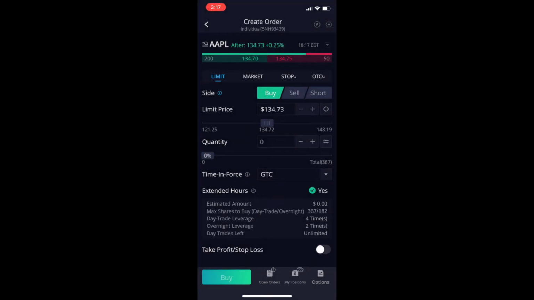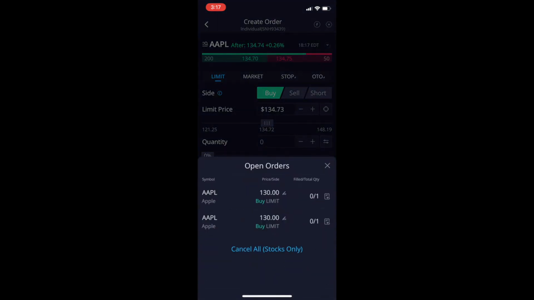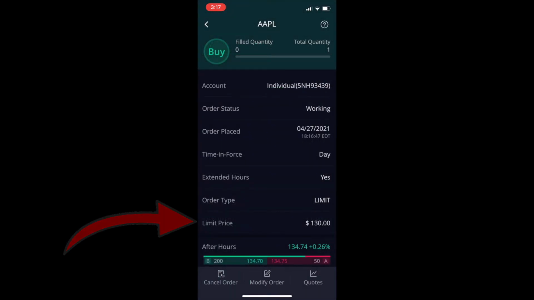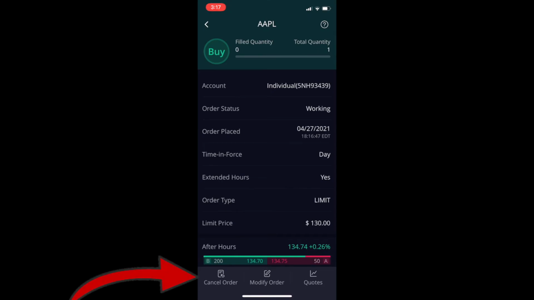You can see your open orders by clicking on the open orders tab right next to buy. So click on open orders and you will see your open orders. You can cancel or modify your order by clicking on the order itself. So let's go ahead and do that. Click on the open order and then you'll see modify or cancel order, and go ahead and click on cancel